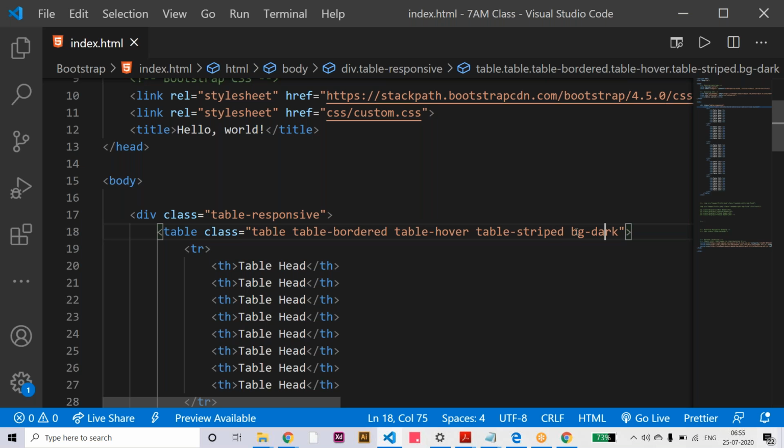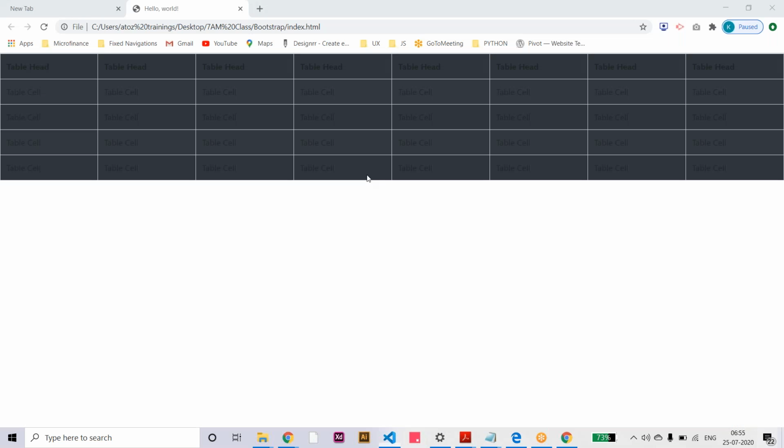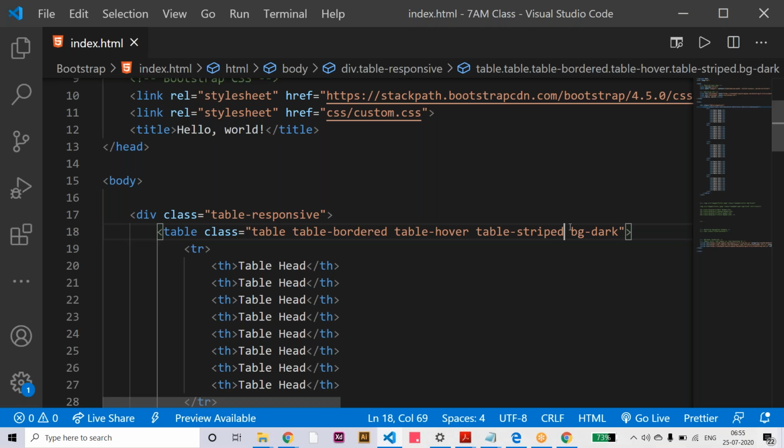Here the background is dark and I'm not able to read the text. The text is also in black color, right? I need to apply some class for the text also, a light or white color for the text headers and column text as well.